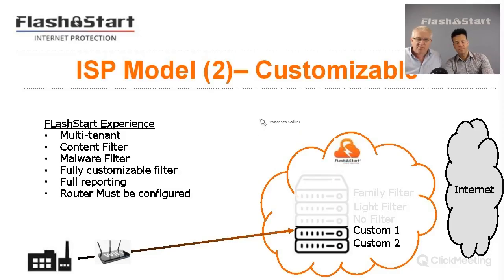The other deployment model that we work with ISPs on, there are several, but the two most common, is typically a business-to-business scenario. It could be a very advanced user at home, where the router is configured, like we showed earlier in the demo, and that points to some custom configurations set up, like I was just going through setting up the filter demo. Then you get the full multi-tenant benefit, the full content filter and malware filter, and additionally you get the customization and the full reporting features as well that we just looked at, okay?